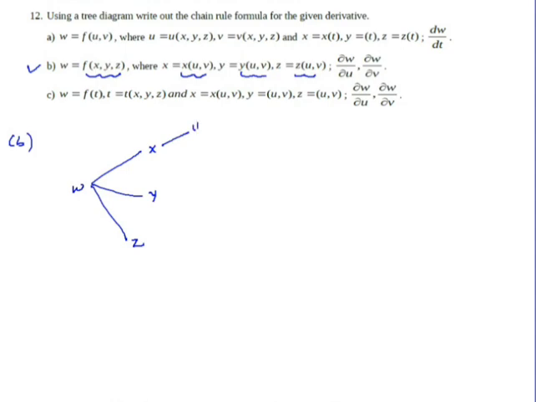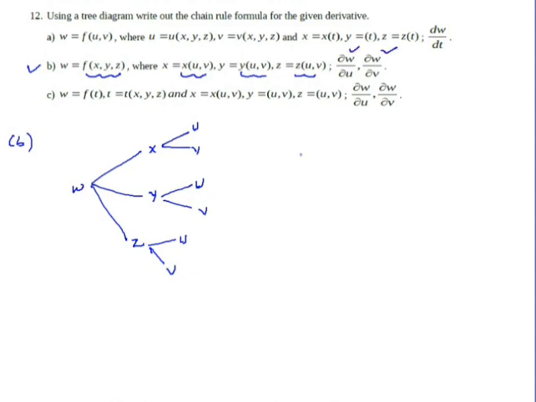x is a function of u and v, y is a function of u and v, and z is also a function of u and v. Okay, this is the required tree diagram. Now, from this tree diagram, we will work out the partial derivative of w with respect to u and the partial derivative of